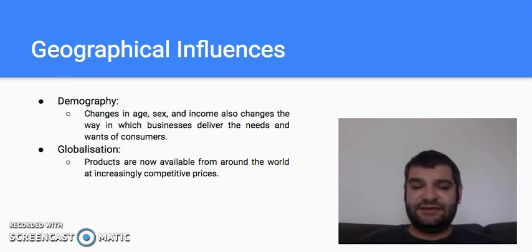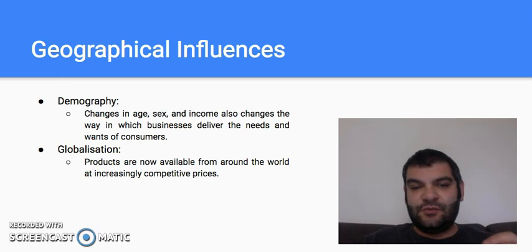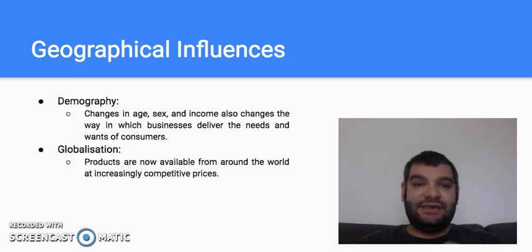Geographic influences here as well are very big, and it's something that a business can't control. They can't control demography, which is a change in sex, age, income. So what they need to do though here is they need to change the way that they deliver the needs and wants of consumers. If they find that the income of a certain area has either gone up or gone down,